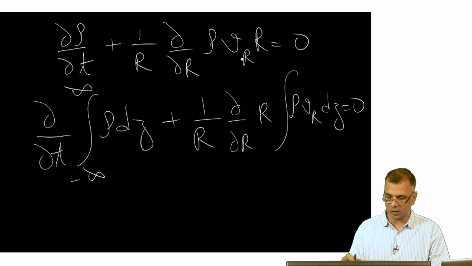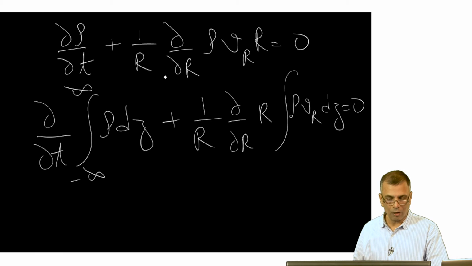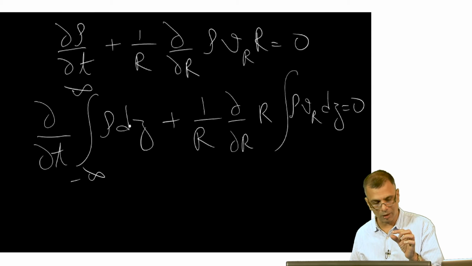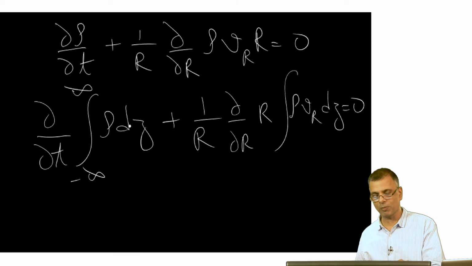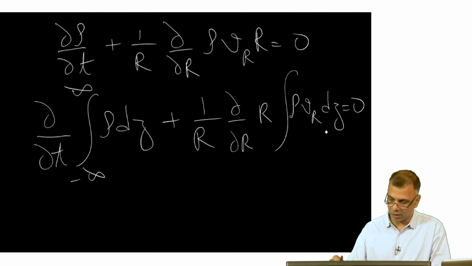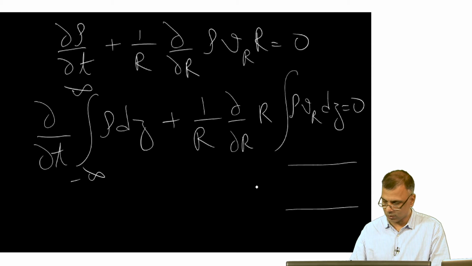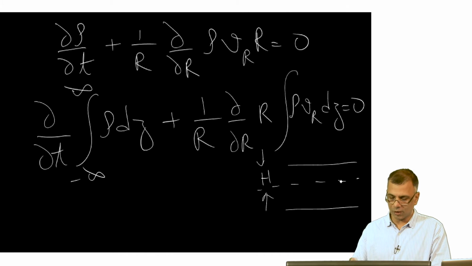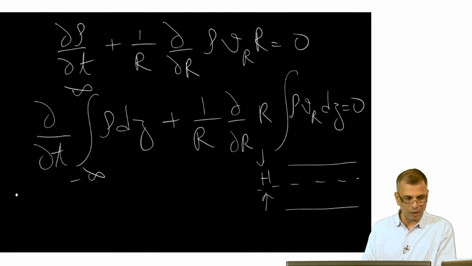So this is essentially a vertically integrated version of this. Okay, now if the assumption is that there is no vertical structure, in other words, this rho dz essentially becomes rho times h, where h is the half thickness of the disk. Okay, so it becomes rho times 2h, where the disk looks like this. So this would be the vertical plane, and the half thickness would be h. Okay, so the vertically integrated version of this essentially becomes, so I have a d over dt,